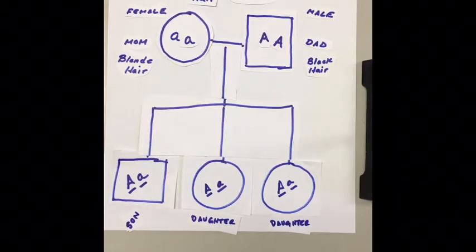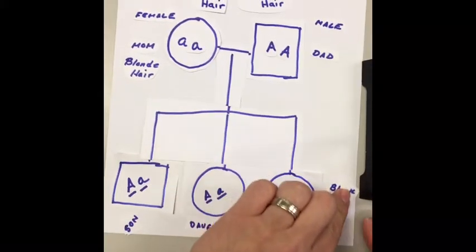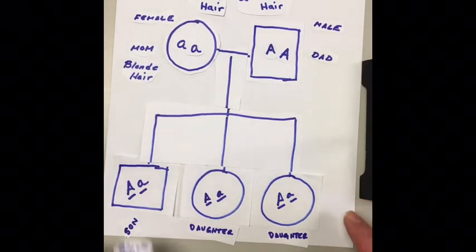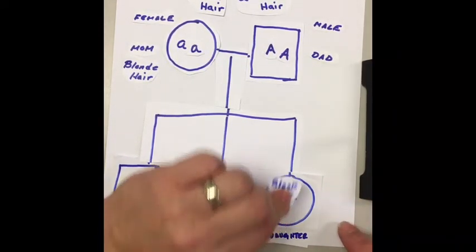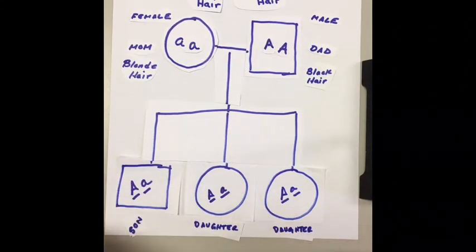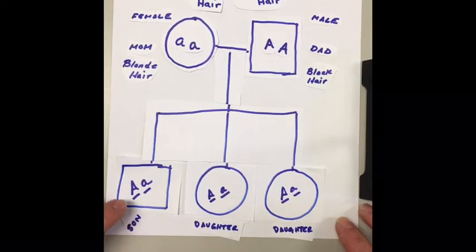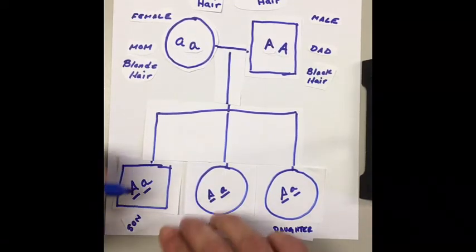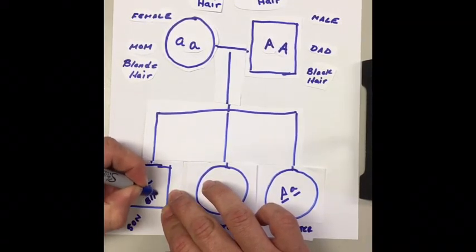Therefore, what will be their genotypes? Okay, well, all the kids will have black hair because of that dominant gene. That dominant gene will overtake the recessive gene. So all these kids will have black